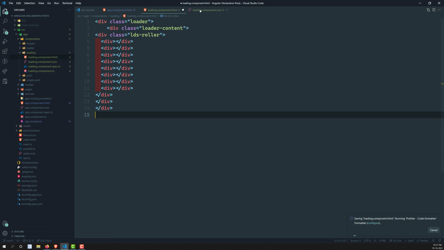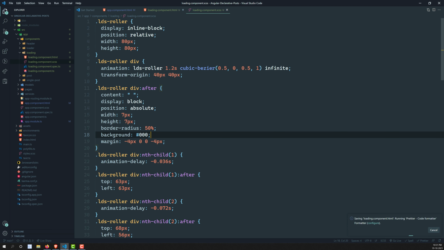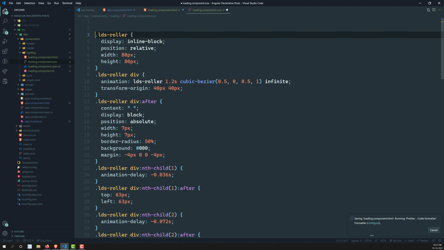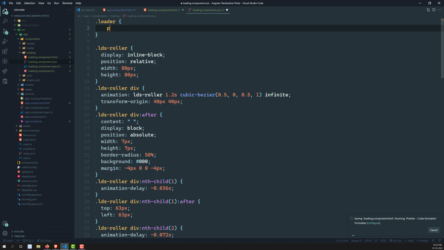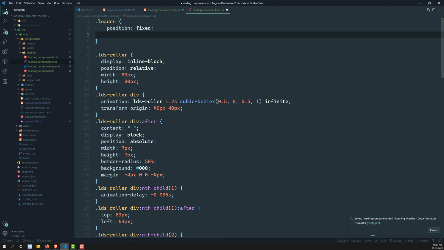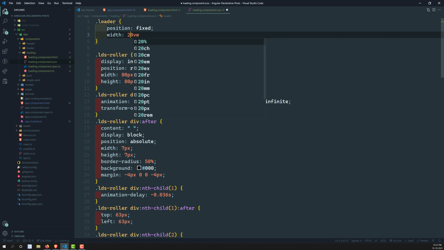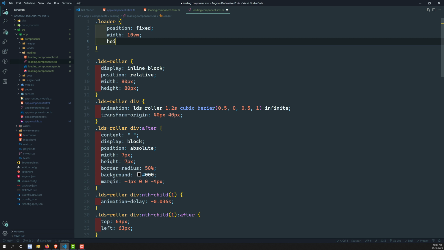Let's go to the CSS, and here let's take .loader. In this loader, first let's make the position fixed. Another thing I want to do is give a width of something like 20 viewport width, or otherwise we can give 10, and the height also 10 viewport height.